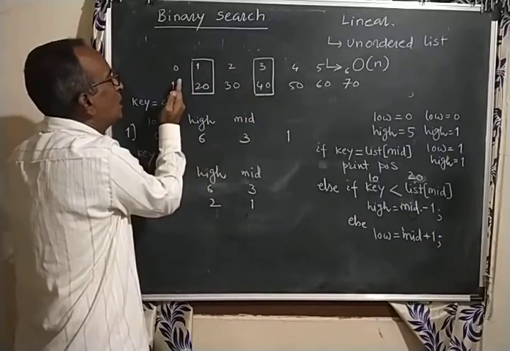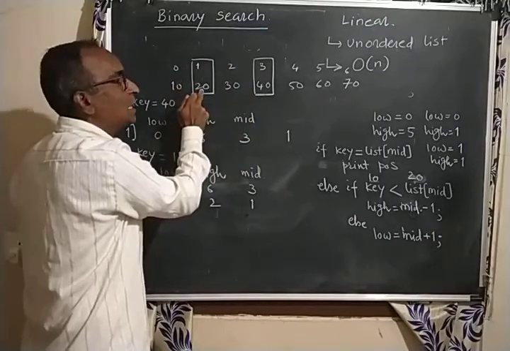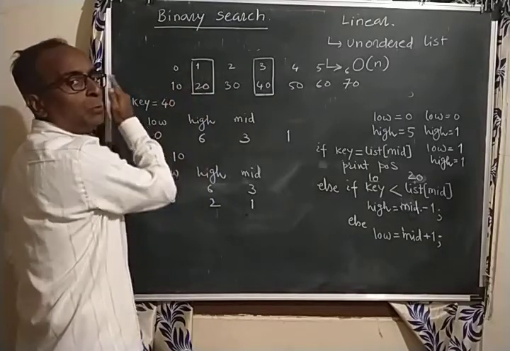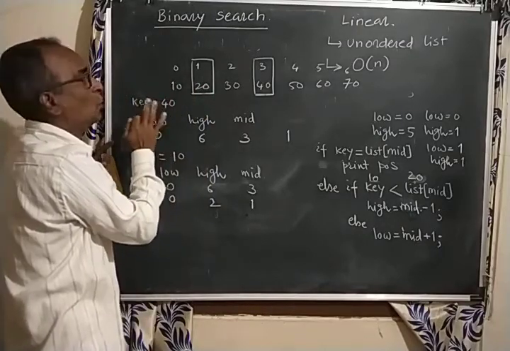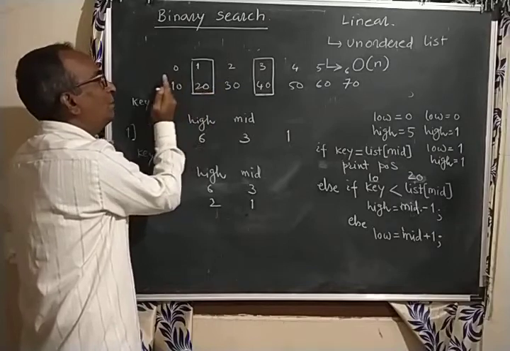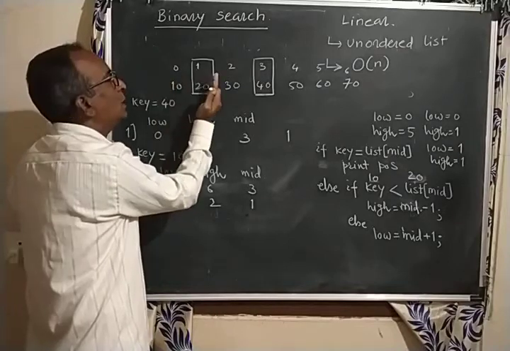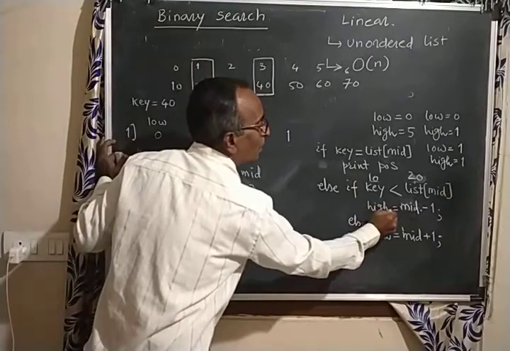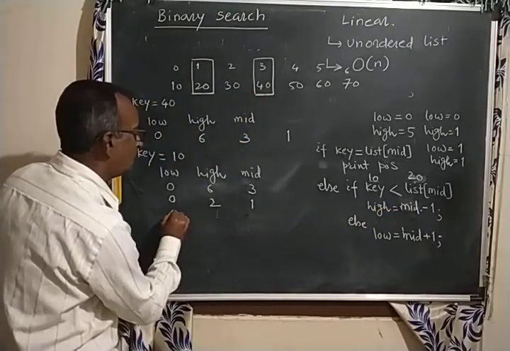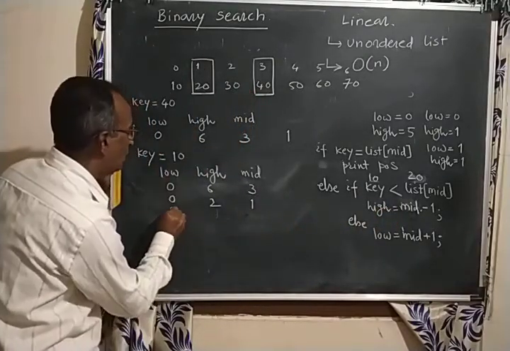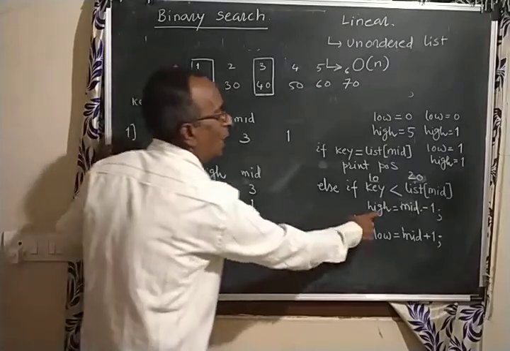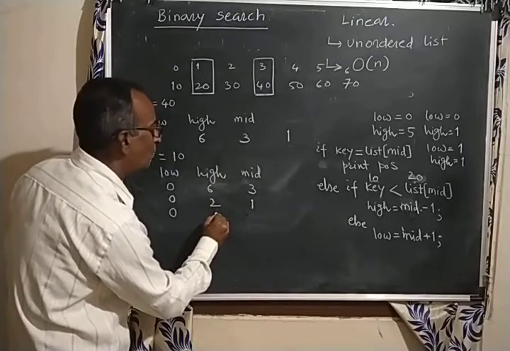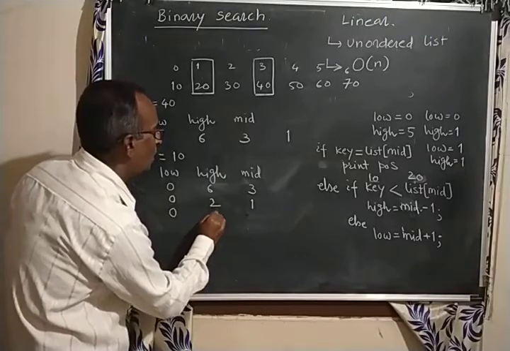See, the element to be searched is less than this element now. So definitely the element falls towards left sublist only. So when left sublist, you have to reduce this high. High was 2. Now next high in next iteration, we are not changing low here. 0. High will be mid minus 1. Mid calculated earlier was 1. 1 minus 1 will be 0.